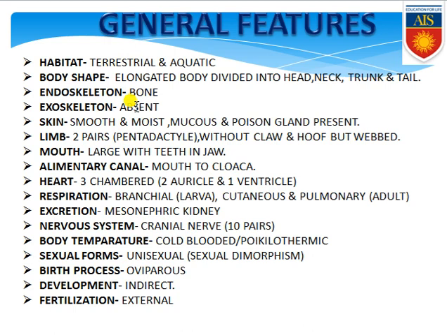Keep it in your mind, they have the endoskeleton that is made up of bone, we all know. Exoskeleton is absent in case of these amphibian organisms. Skin is smooth, moist, and mucus and poison glands are present. Limbs are obviously two pairs because they are tetrapoda organisms, and those limbs are pentadactyl, because each and every limb contains 5 fingers. Without claw, in the limb there is no claw, and obviously